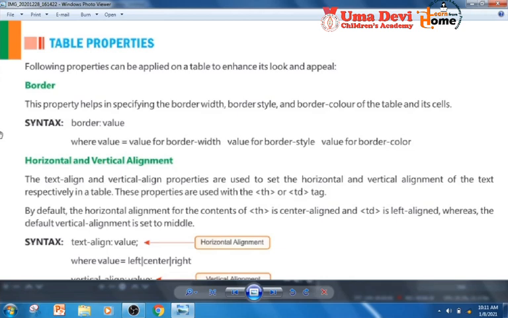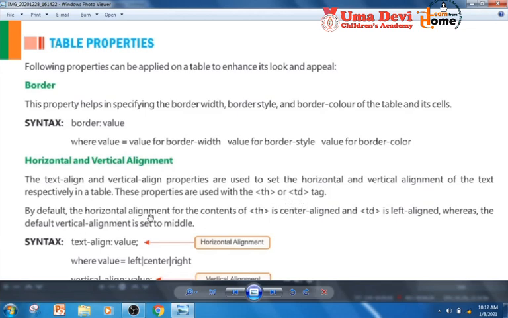Next one is horizontal and vertical alignment. The text-align and vertical-align properties are used to set the horizontal and vertical alignment of the text respectively in a table. These properties are used with the th tag or td tag.